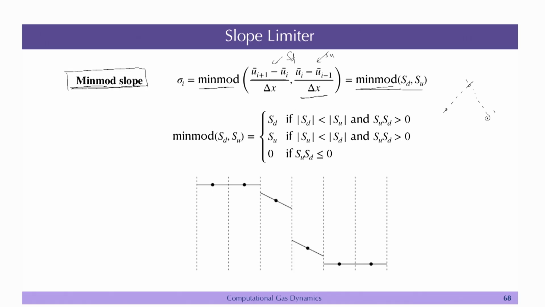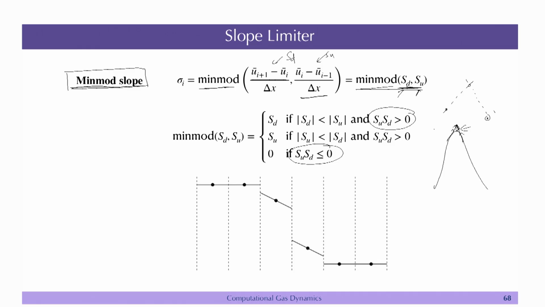So, minmod of S_d and S_u. Take the product of these two, S_d times S_u. If it is greater than 0, then we will have either this or that. If it is less than 0, then something is changing drastically, or maybe you are at a valley or at a peak, right. If you are at a peak, you have slope coming from this side and this side,